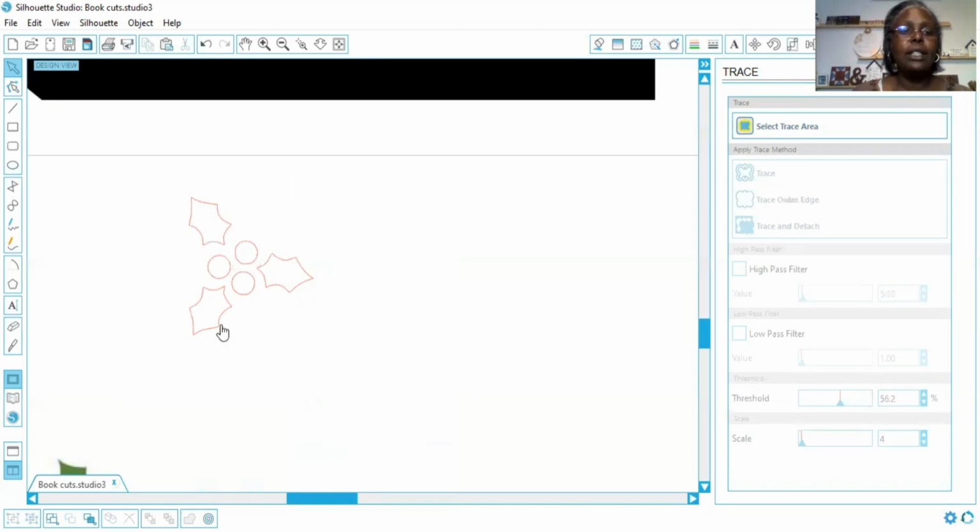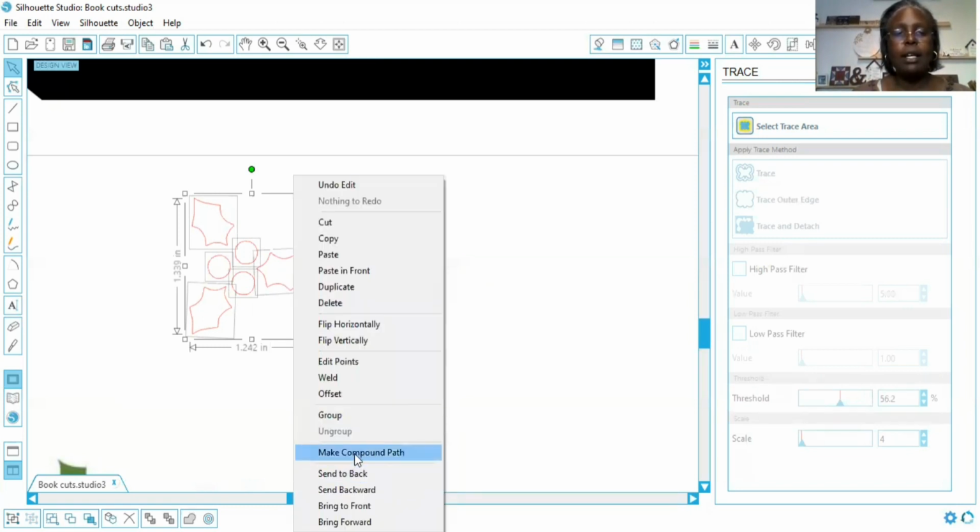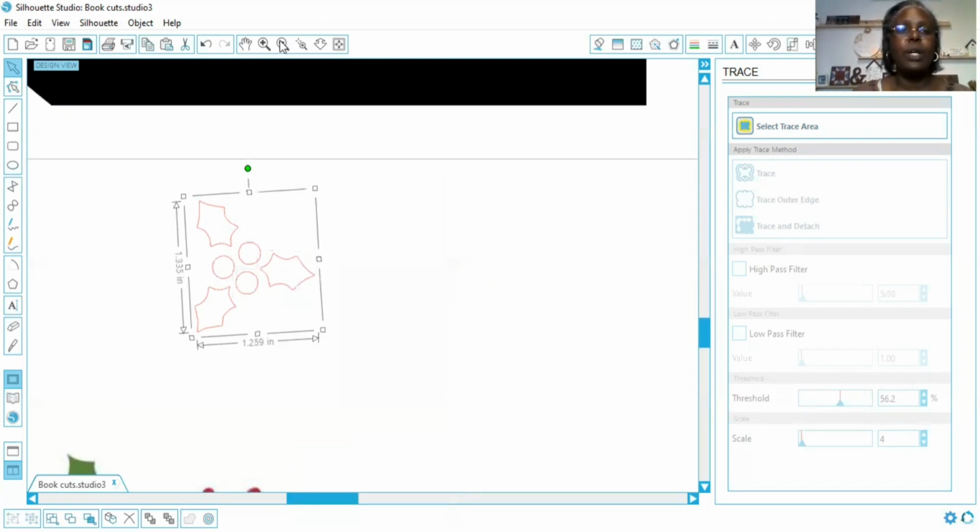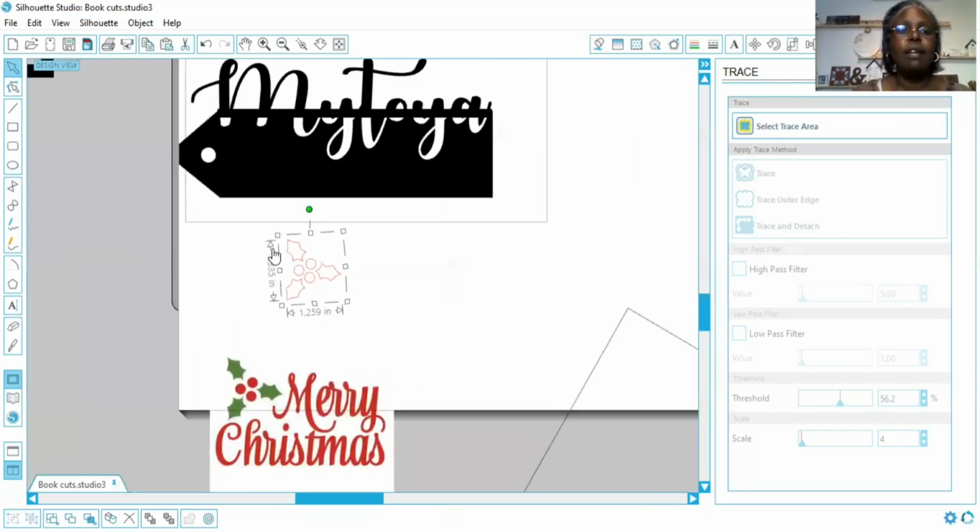And let's say if I wanted to take and twist this a little more, I could, you know. I don't have to leave it exactly like it is. You can do what you want with it. Now this is your pattern. All right, now I'm going to select them all, right click and make it a compound path, and watch this, you guys. If I wanted to make it a little smaller,